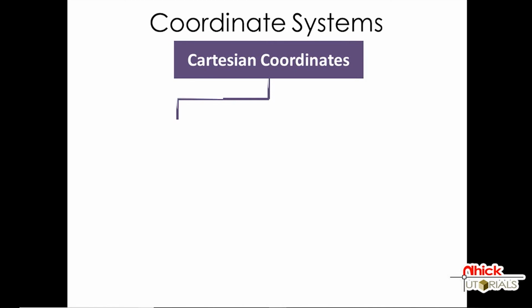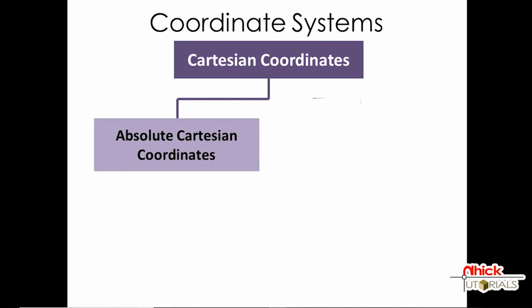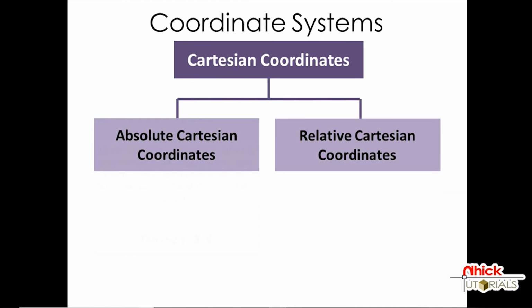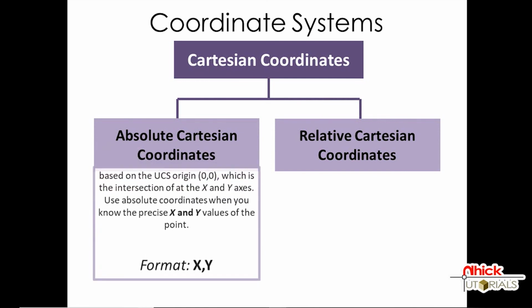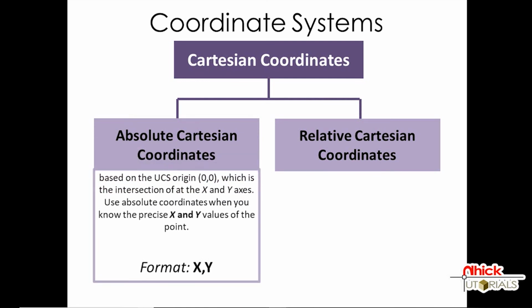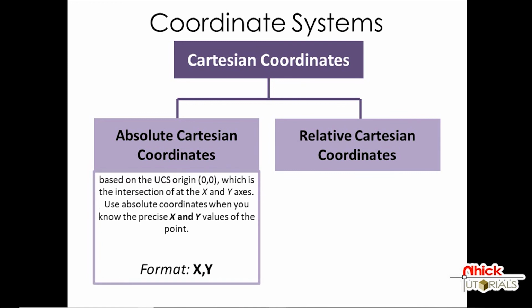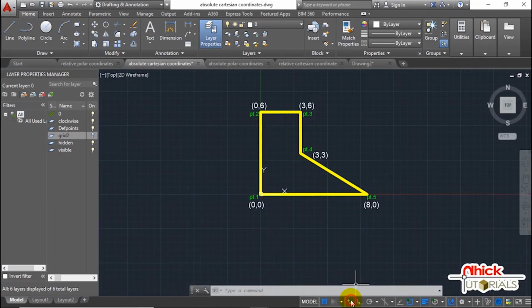Sa Cartesian Coordinate System, ay may tinatawag tayong Absolute Cartesian Coordinate at Relative Cartesian Coordinate. Absolute Cartesian Coordinates ay nakabase sa UCS origin 0, 0, which is the intersection of the X and Y axis. Gamitin ang absolute coordinates kung alam natin ang precise X and Y values of the point as given in this